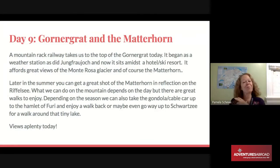So there's a chance to explore the weather station at the top of the Gornergrat, much like at the Jungfrau. There's a beautiful lake at the second to last stop. In the fall, it's melted enough that you can get a beautiful reflection of the Matterhorn in the lake. It's a really great walk, one I will really try to do. If we're there in the spring, that probably is not going to be available to you, so we'll move a